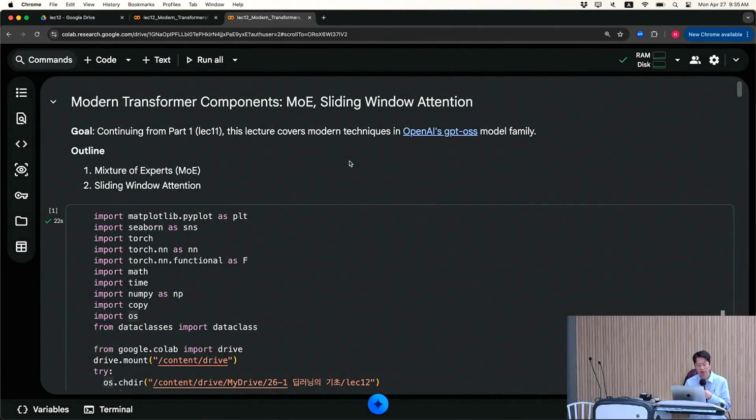We're going to continue from the previous lecture and talk about the different implementations that were introduced in the OSS model, namely MoE and sliding window attention. So the running theme of all these things that we're going to cover